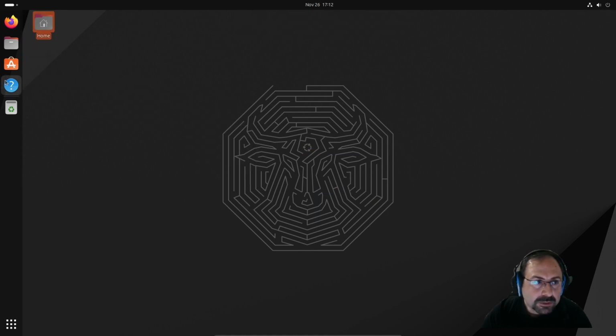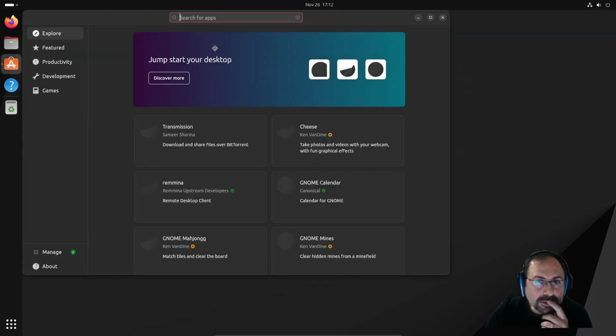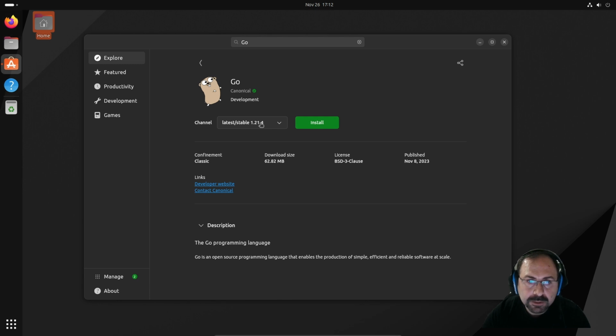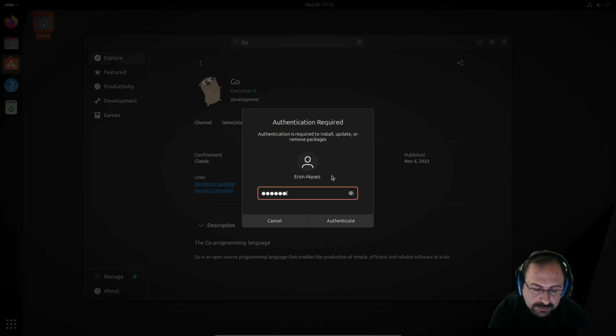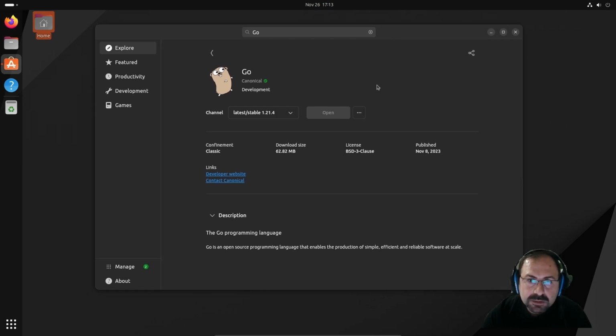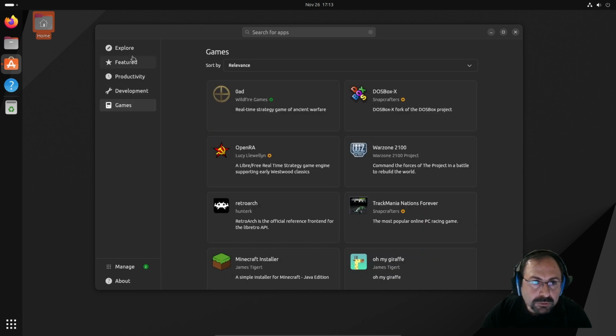Yeah, in the App Center we can install other things such as Go programming language. It's coming with 1.21, as I mentioned in the beginning of the video, and it will take 1 or 2 minutes to install. Yeah, now it's installed. This new App Store is now using Flutter.